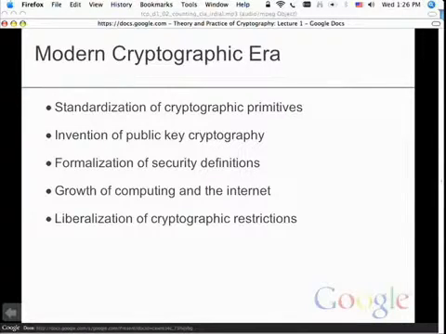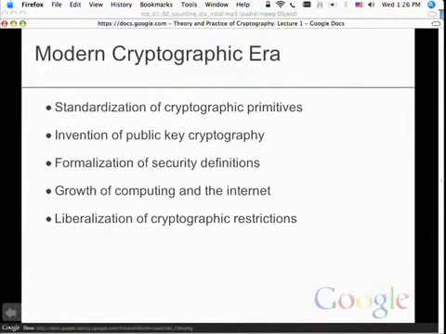Another big development that leads to this modern era is public key cryptography, and I'll explain what that is in a couple slides. And as I said before, the third thing is formalization of security definitions, actually saying what is a secure crypto system. And growth. Another thing that brings us into this modern era is the growth of personal